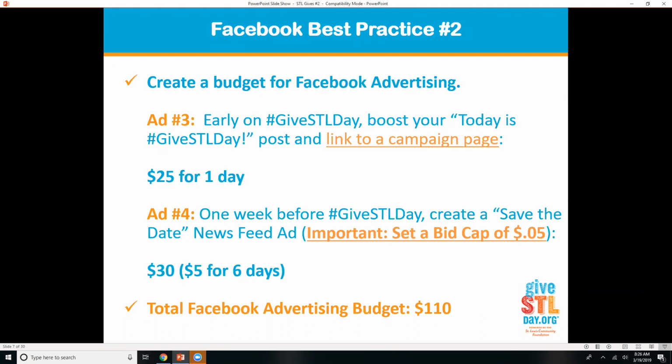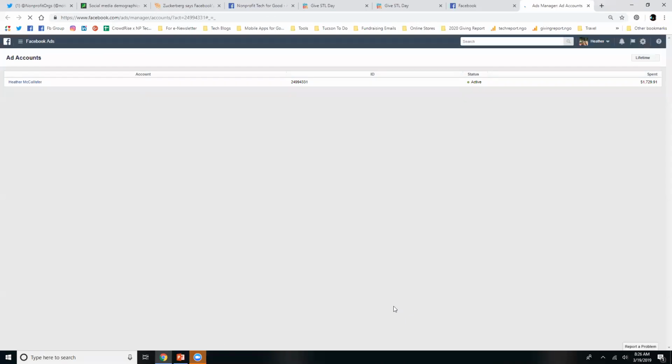So one week before, save the date. If you can't participate on May 1 because you're on vacation, whatever it is, schedule your donation now. And the most important thing to understand is that when you're creating this ad,